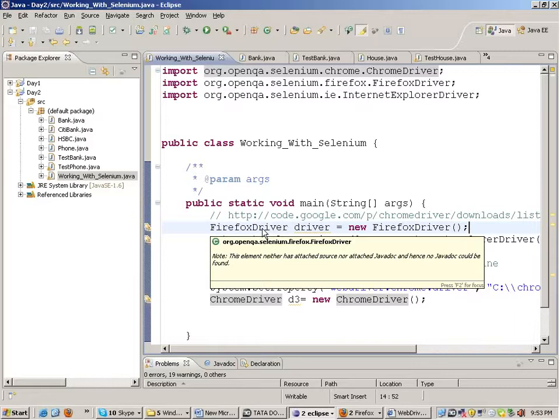Okay? So now, suppose I go to Gmail. Fine. After going to Gmail, I need to click on any element on the page. Right? I need to click on any element on the page. How do I do it with the help of Selenium? I need to enter my username, I need to enter the password, and I need to log in, or whatever I have to do.